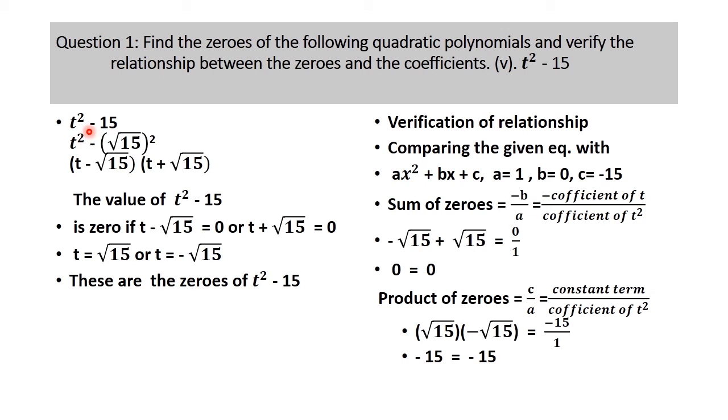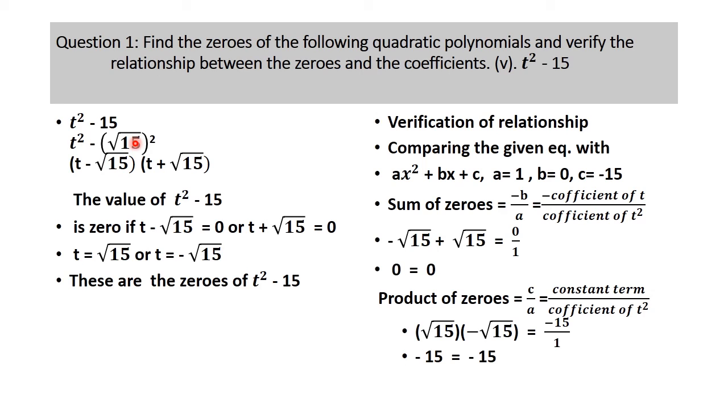So this is t square minus 15. T square, now we will write this because we cannot take common. There is no term common between these two. So we will apply here formula a square minus b square. A square, b square is root 15 and whole square of this number, because square will cancel out with square root. So we will be left with 15. So this is a square minus under root 15 whole square.